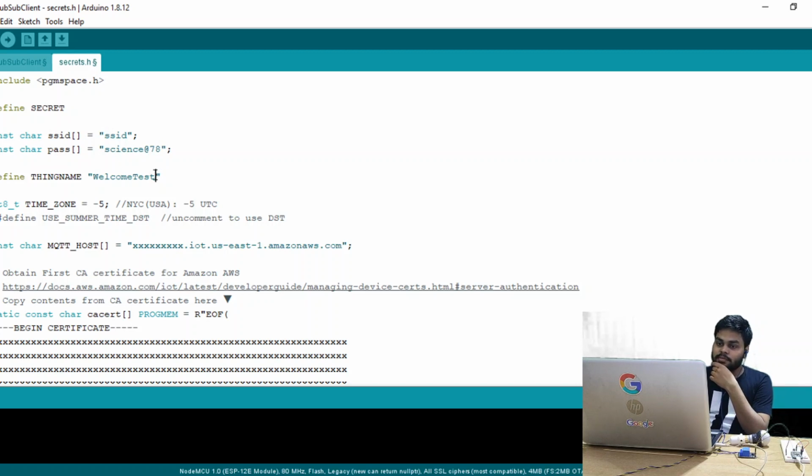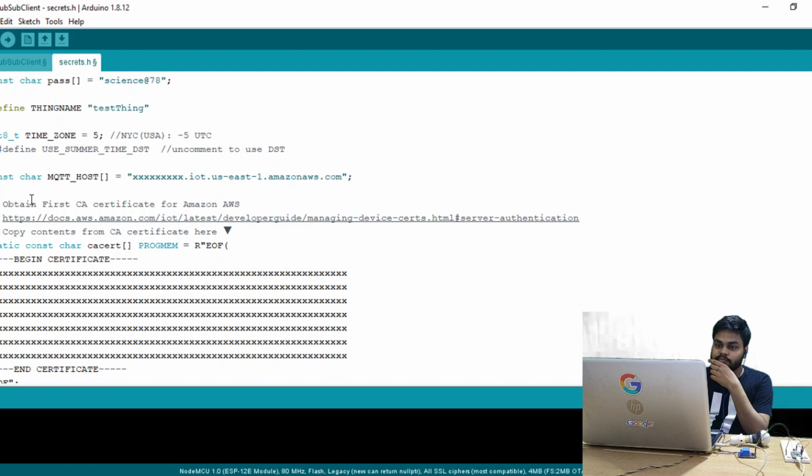The thing name is simple. In my case, it is test thing. The time zone for the USA, New York, is -5. For India, it will be +5.5, I think, because India is 5.5 hours ahead of UTC time. I will take it as 5.